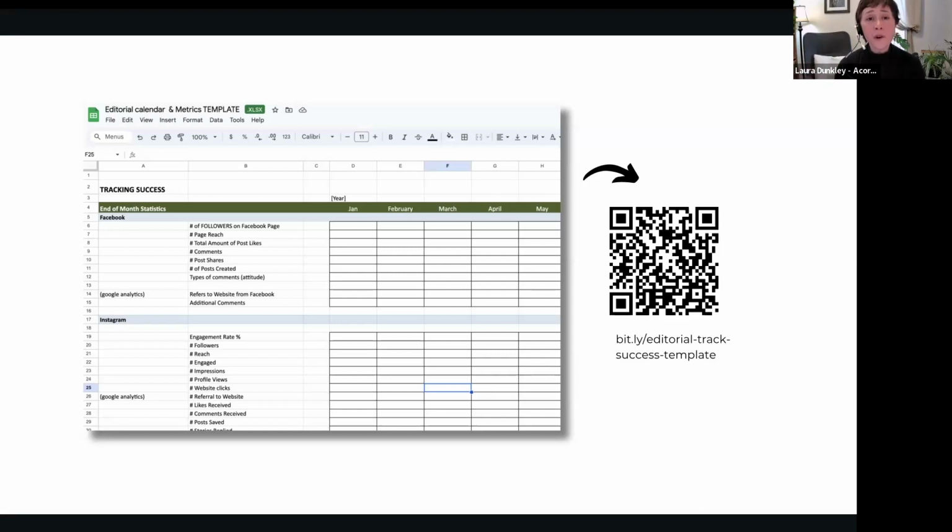And then at the very bottom, which is really important, put some highlights, some notes and some insights around it. Maybe it was weather related, or maybe another event was happening, or maybe there was a sickness in your team. There was something that could have contributed to the positive or the negative insights or metrics that you had. So there are some sample metrics there, but please do customize it for whatever channels and tactics you're using.